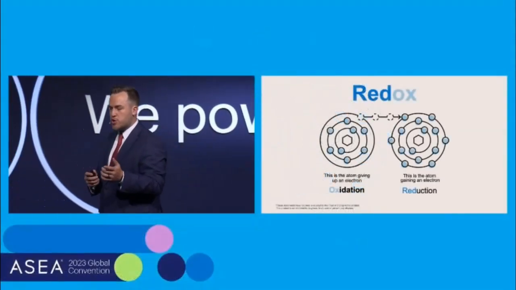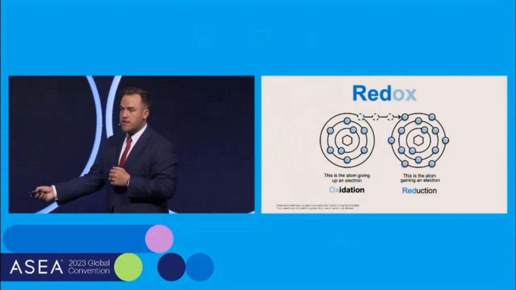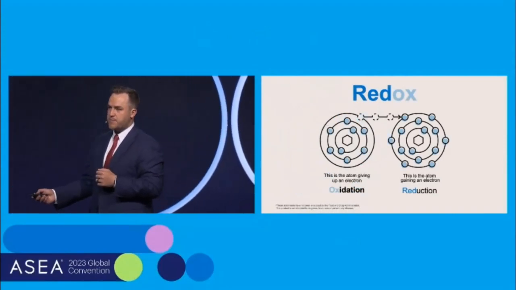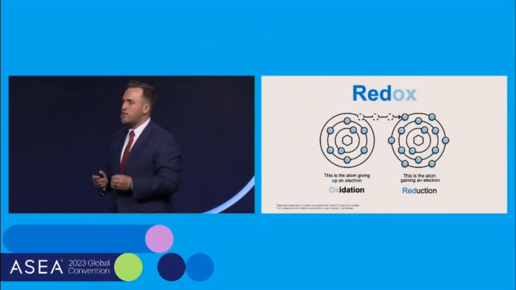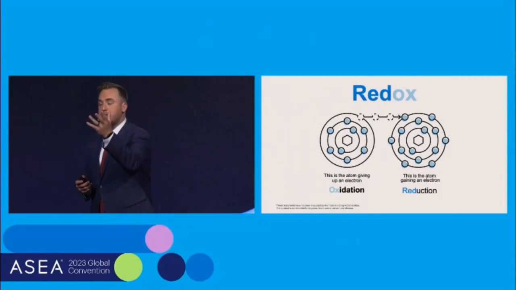Now, why does that electron transfer from species A to species B? It's because there's a lower energy level available in that second species. That electron is looking for a place to rest. And when it transfers, it releases its energy.